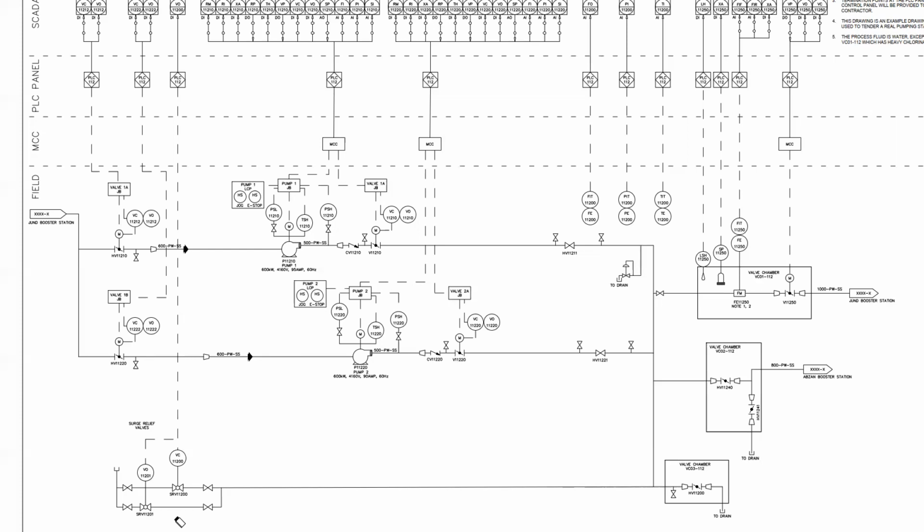Again, P&IDs are a fine line between explaining how your process is going to function and having too much information. So if you were to try to show this valve, for example, if it's a Singer diaphragm valve